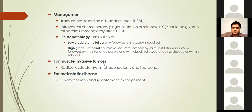Then come the muscle invasive tumors. This is again bad news. The muscle invasive tumor has no conservative management or endoscopic surgeries. It calls for complete excision of the bladder along with its pelvic lymph nodes, and the ureters are usually connected to a conduit outside the abdominal wall, known as an ileal conduit. We take a small piece of ileum for this connection, and we make a bag which is connected outside the body, and the urine comes out in the bag,